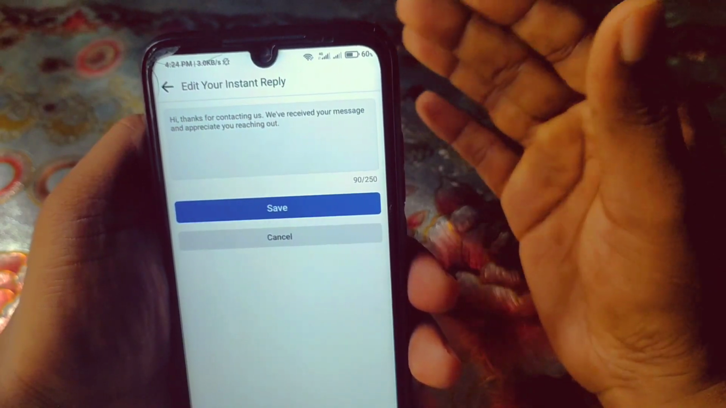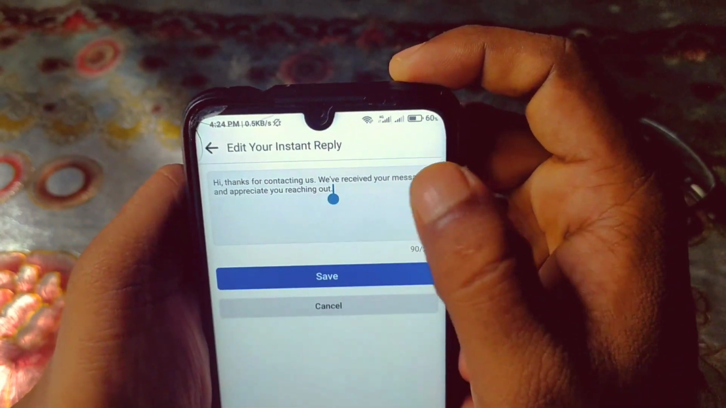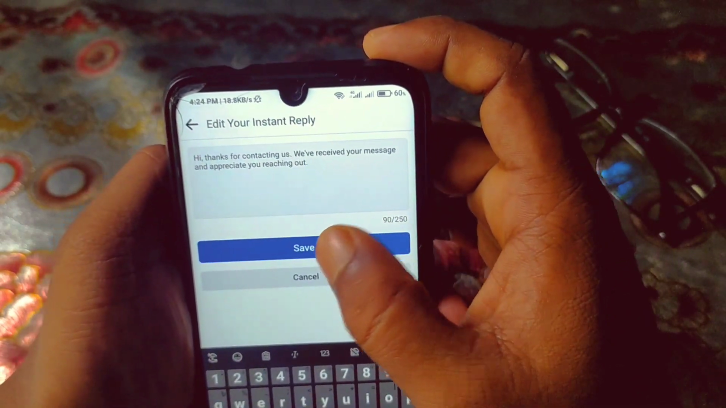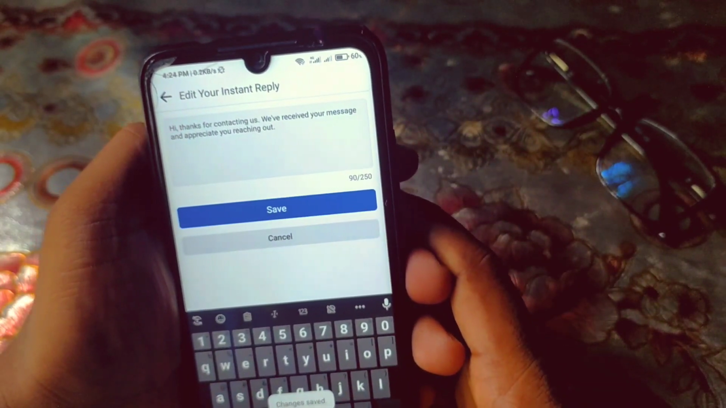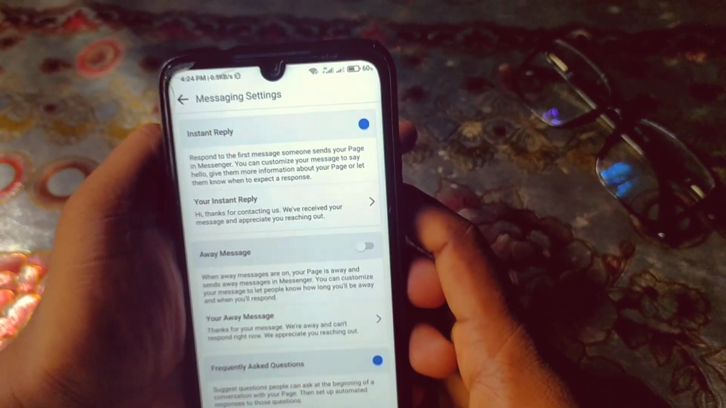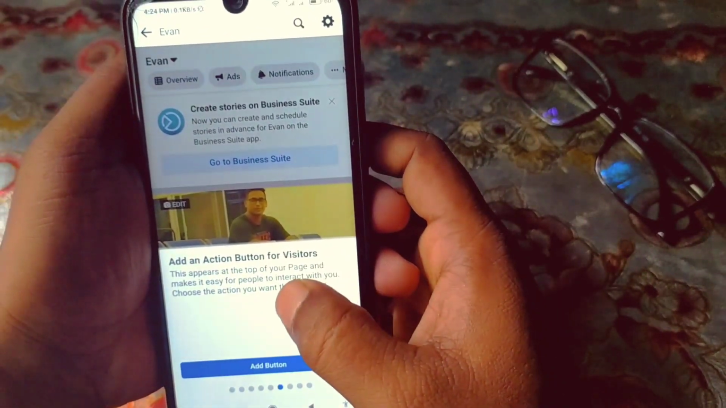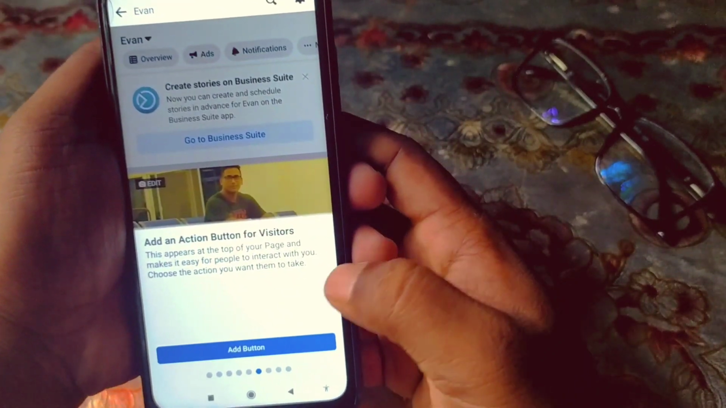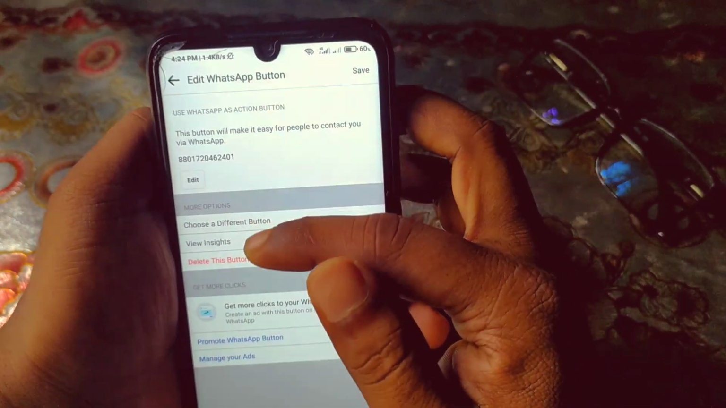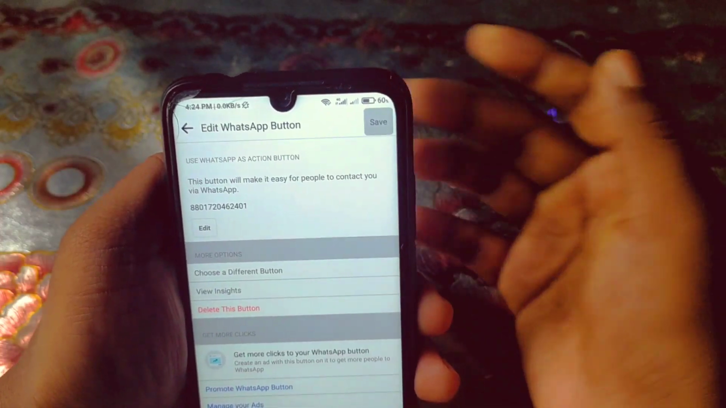And that time we got an automated message from that page. Okay, so you can write whatever you want from here, otherwise you can choose it by default. Okay, so just click on the save option in here and your automated message is already saved. And then again swipe right and add an action button for visitors, just click on it, add button, and you can save your WhatsApp button as an action button. Okay, just click on the save option in here